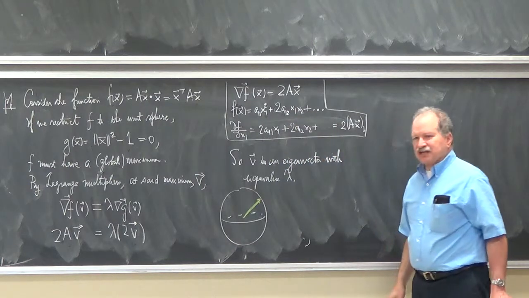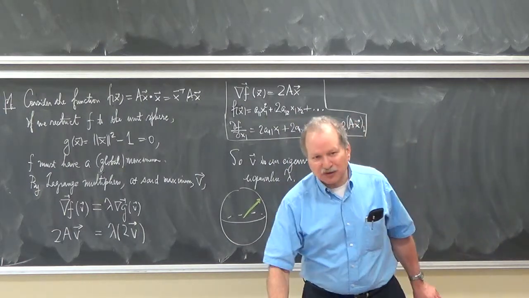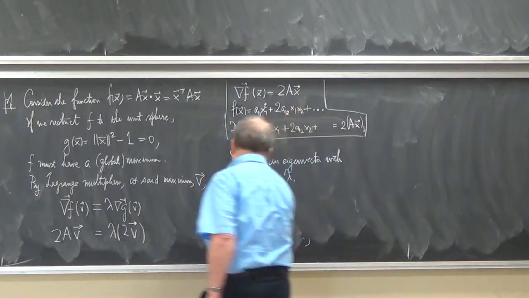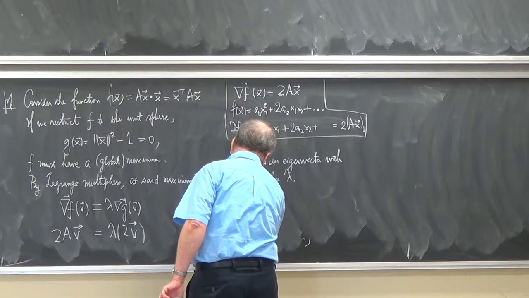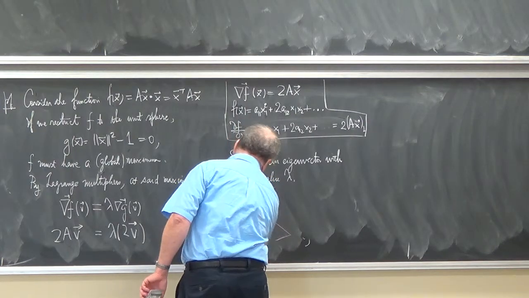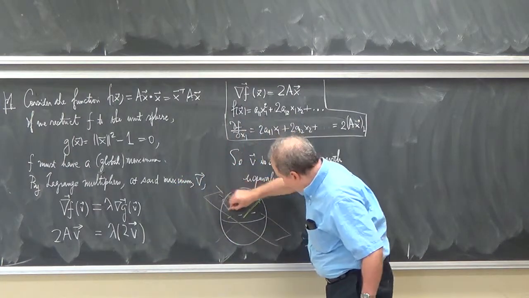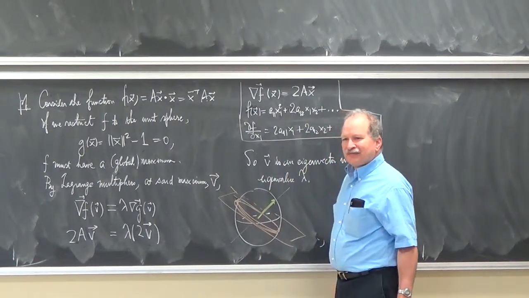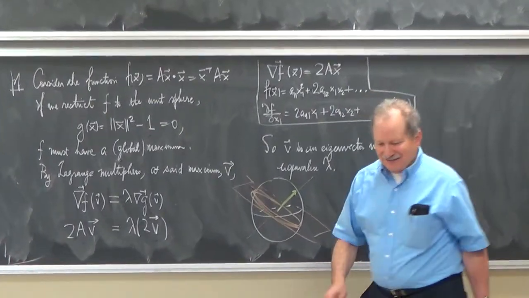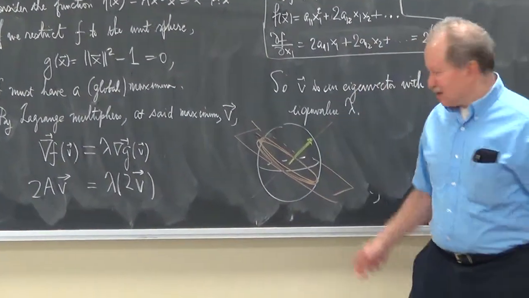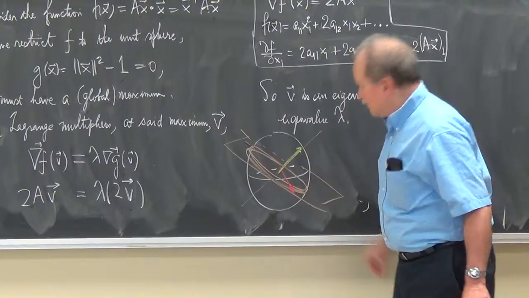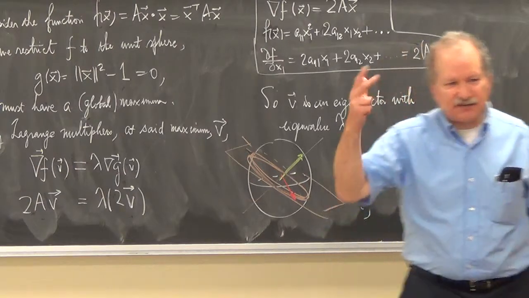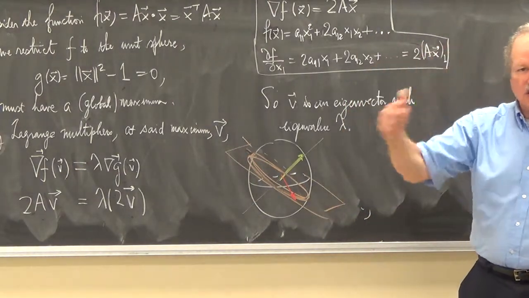How are you going to find the next eigenvector? This is what we're about to do in the proof. Well, you take the orthogonal complement of this one-dimensional space. You now maximize f on this one lower dimensional sphere. It has a maximum point, because that also is compact, and you continue recursively, you find all the eigenvectors by successively finding maxima when you restrict the domain smaller and smaller.